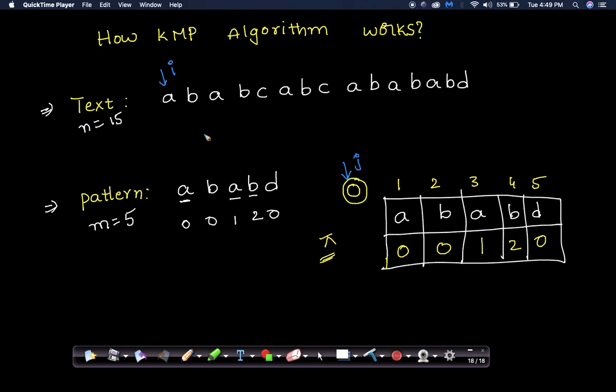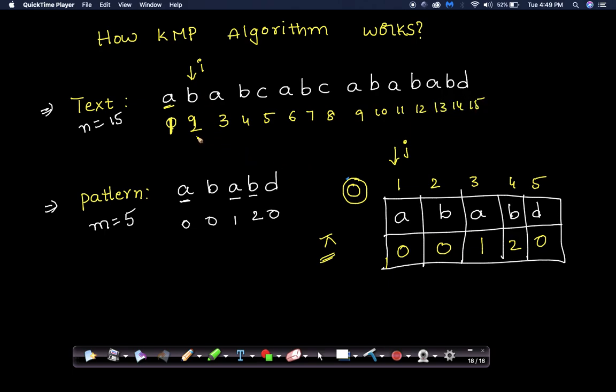Then what I'm going to do here is compare my ith index value, that is a, and the j plus 1 index value, that is a. If there is a match, then I'm going to increment the value of i by 1 index, and similarly move the pointer of j by 1 index. Right now my j is pointing to the first index, and similarly my i is pointing to the first index. This is my first index. For understanding purposes, I'm representing it like this: 1 2 3 4 5 6 7 8 9 10 11 12 13 14 and 15.